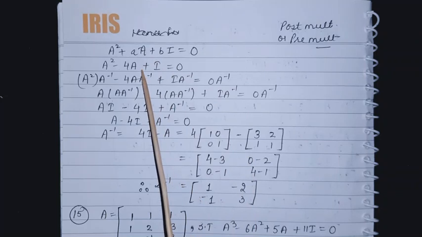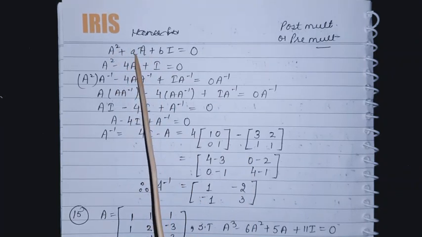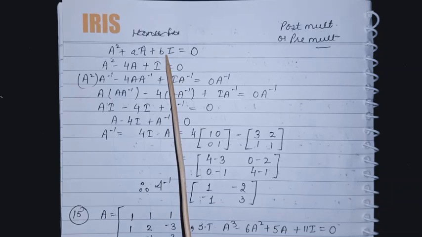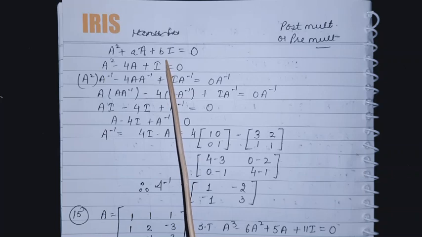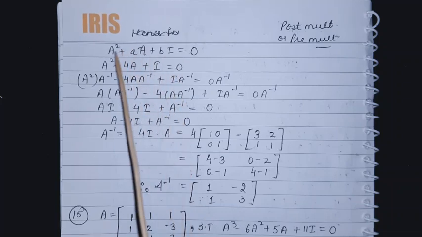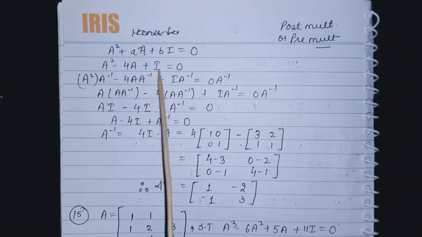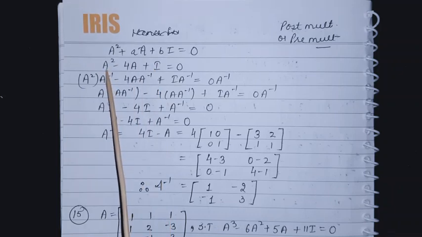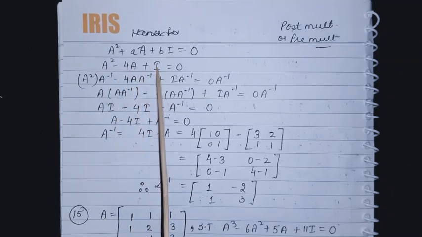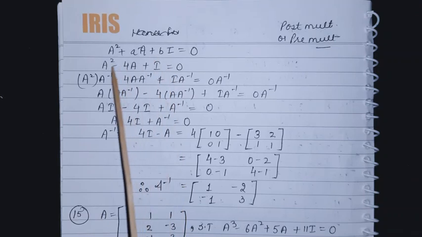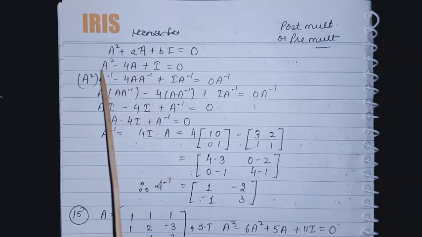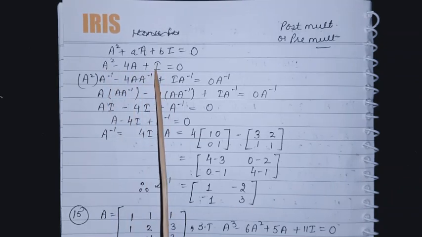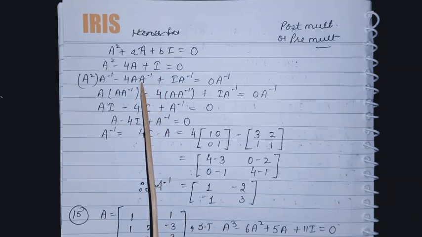Now the question was that first we need to calculate a and b, and hence find A inverse. So whenever this word hence is used in the question, you cannot use the method of adjoint A upon determinant of A. We always have to use the result given in the question. So here also we will use this result only. So this was our result now, A square minus 4A plus I equals 0. Let's see how we will use this result to find our A inverse. As you can see right now in this result, there is no A inverse. So first we will bring A inverse into our equation.